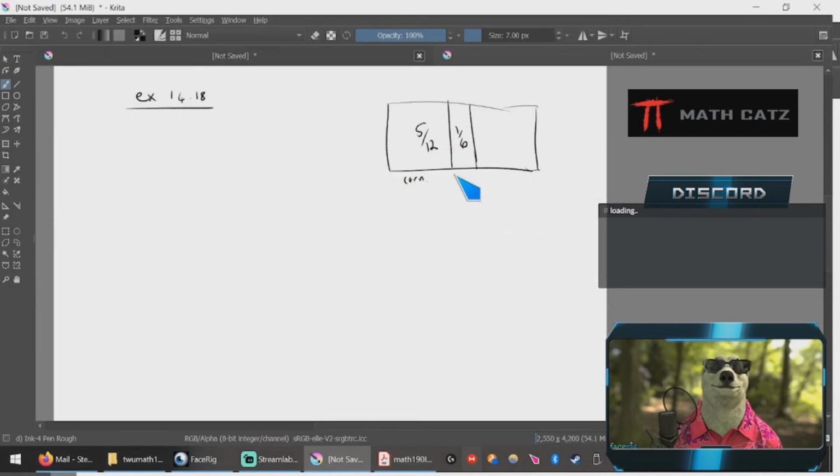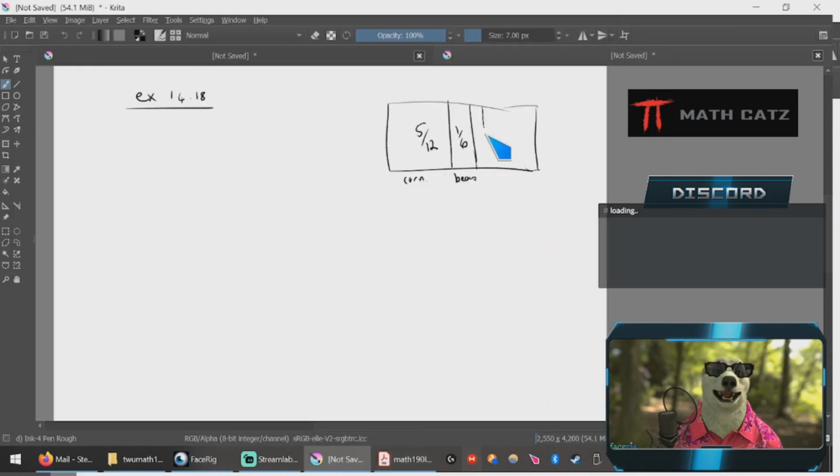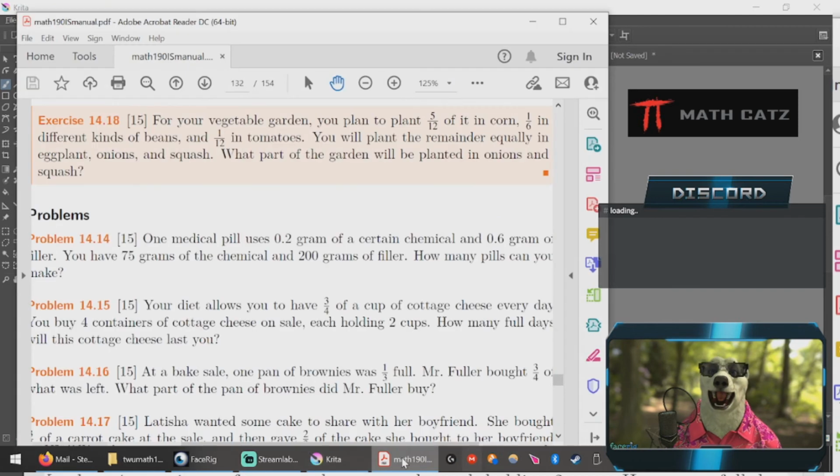Beans. And then 1/12 in tomatoes. I like it. Little tomato sliver. I can't write tomatoes in that little bit. Tomatoes. Then the rest,